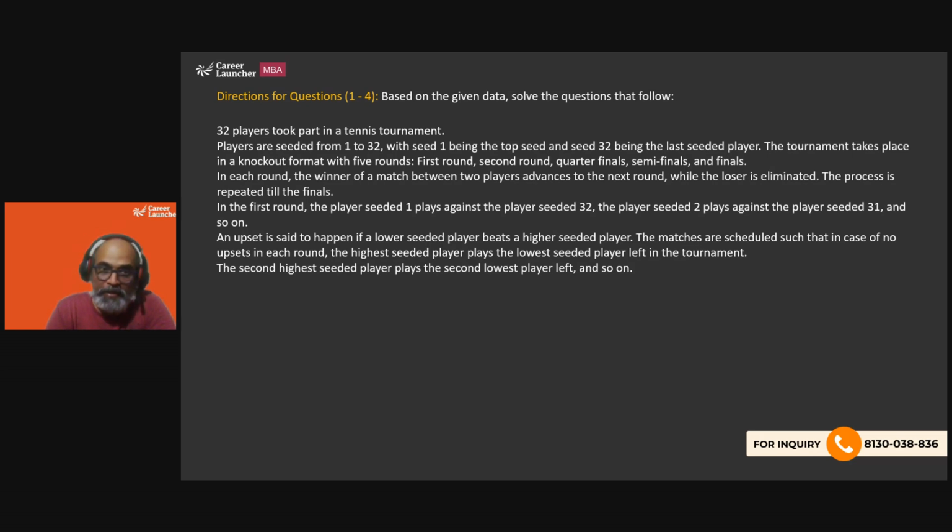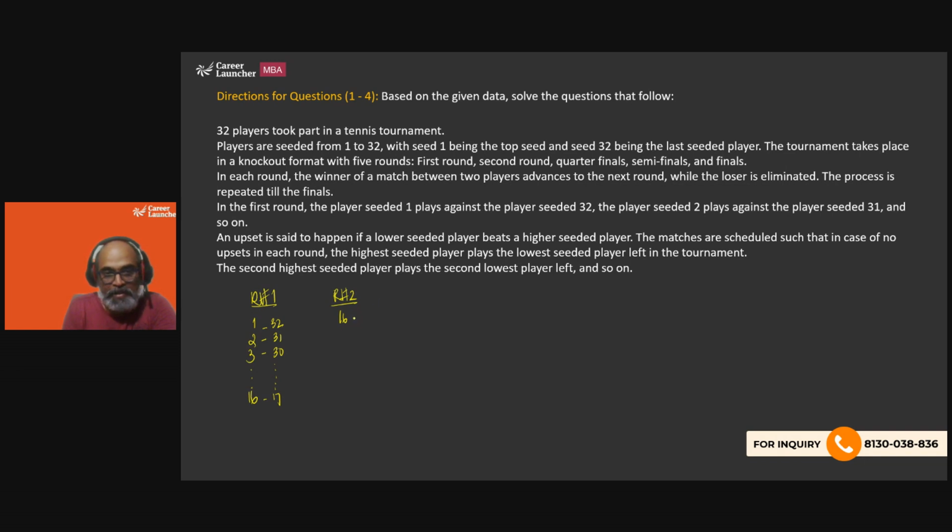In the first round, the player seeded 1 plays against the player seeded 32. The player seeded 2 plays against the player seeded 31, and so on. So basically, in round number 1, we have got player 1, 2, 3, and so on. Half of 32 we will write here, 16. Then we will write 17, and we will go upwards. We will have 32 here, 31 here, and 30 here. Now, out of these 32 players, only 16 will move to the next round, and the remaining 16 will